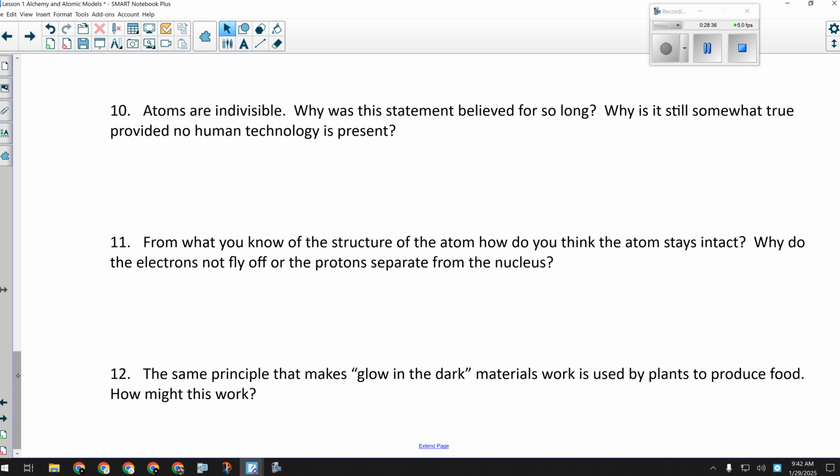Right? So this energy source for photosynthesis is electrons jumping or making a quantum leap from one level to another and then releasing that energy as they fall back down, same way as a glow-in-the-dark material does. All right, any questions on that stuff? Okay, that stuff is definitely game for this Friday's quiz.